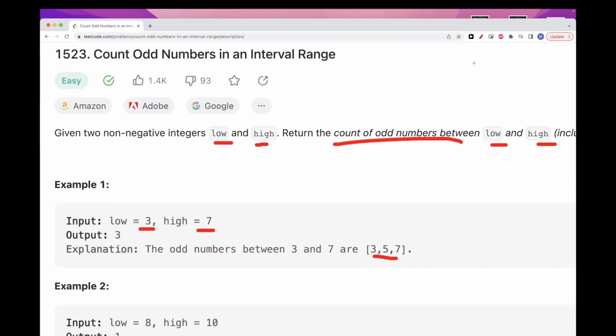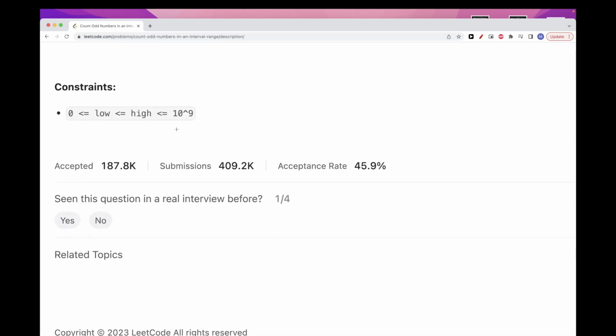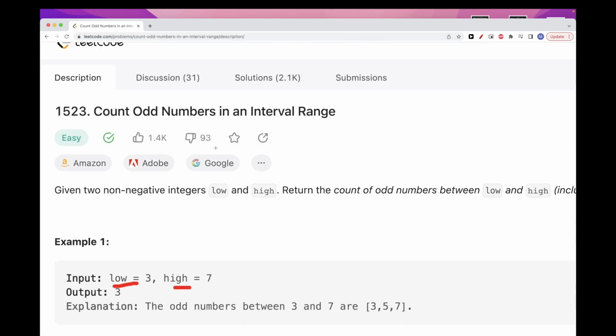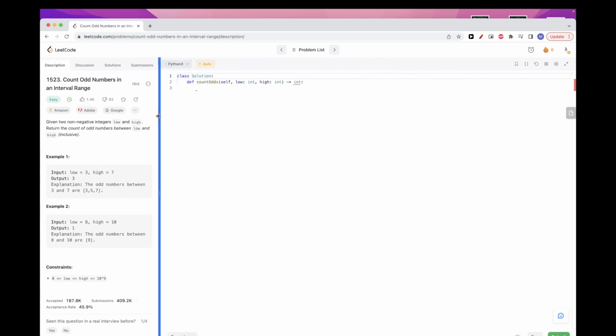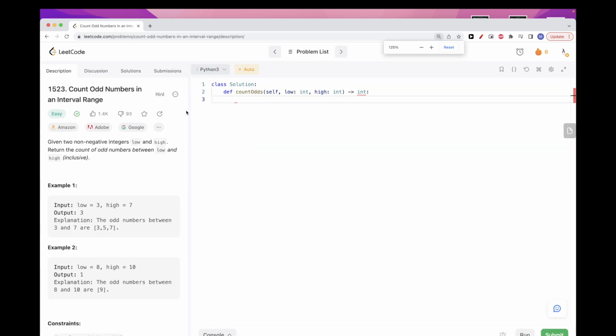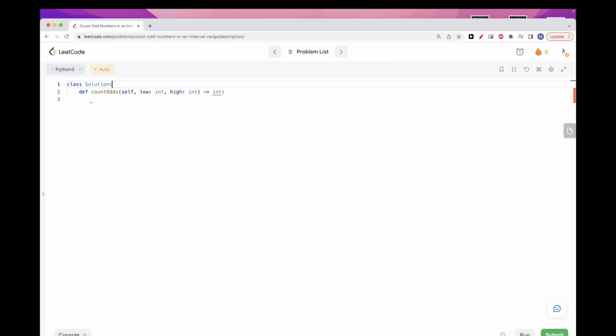Now you could definitely go through the range low to high, and every time check if the number is odd, and then increment your counter. But that's 10 to the power of 9, so we'll probably get time limit exceeded. So can we do a better solution? Well, numbers are either odd or even, right? A number is either odd or even. There is no other